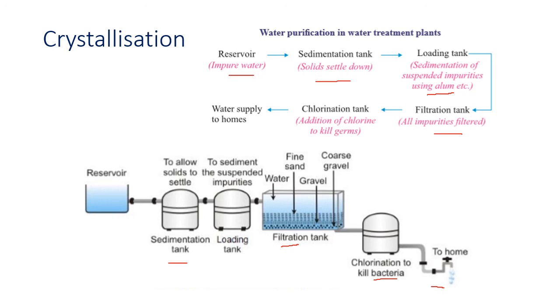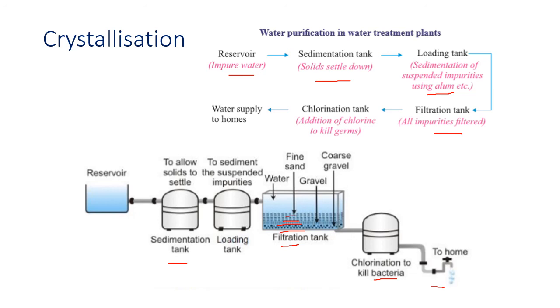The substances react with one another to form aluminum hydroxide, a gel-like sticky solid. It is then pumped into a big settling tank, where most of the suspended impurities settle down. After 2 or 3 days, the clear water is passed through successive filters of boulder, gravel, quartz and fine sand. And you can see this. Boulder means big stones, then small stones, gravel, sand. The different layers.